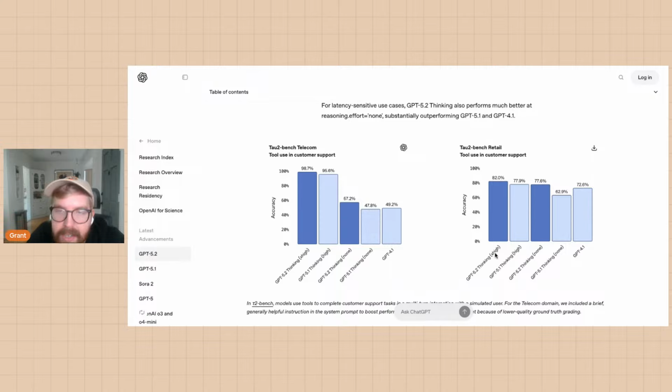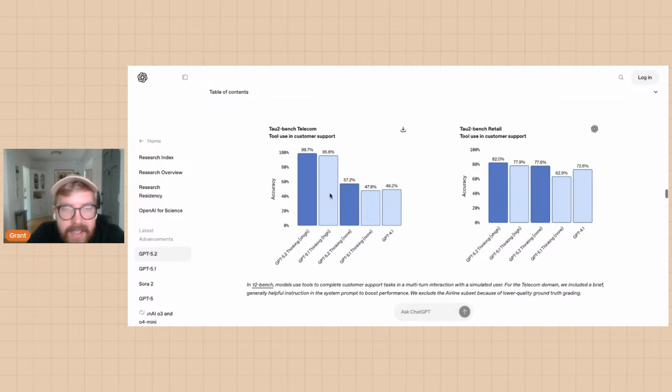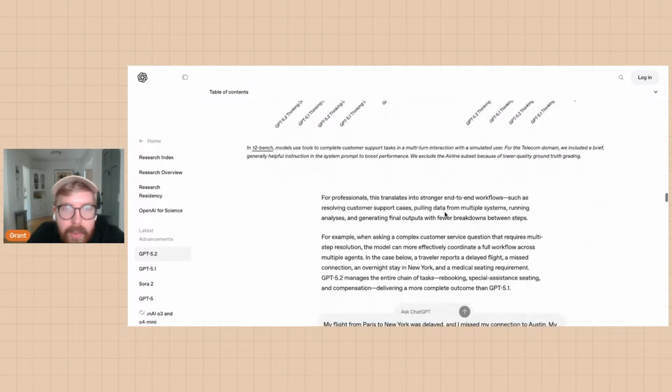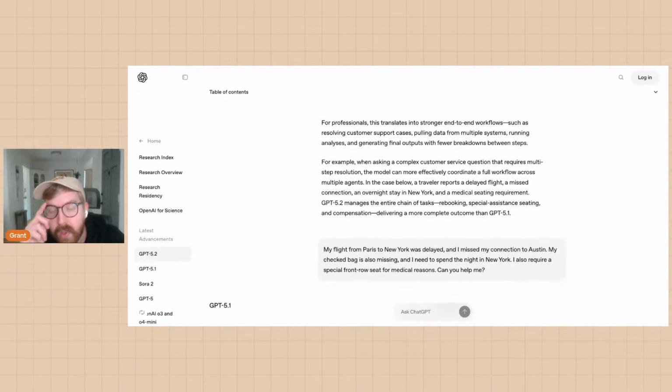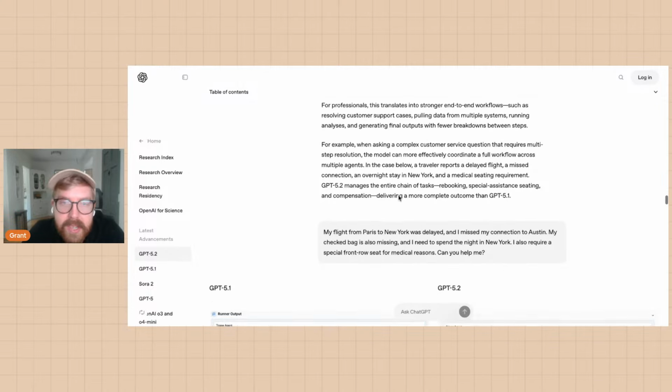So this is extra high at 82%. No, just I guess the basic version at 77. Extra high is 98% over here. Cool. This translates to stronger end-to-end workflows, such as resolving customer support cases, pulling data from multiple systems, running analyses, and generating final outputs with fewer breakdowns between steps. Cool.